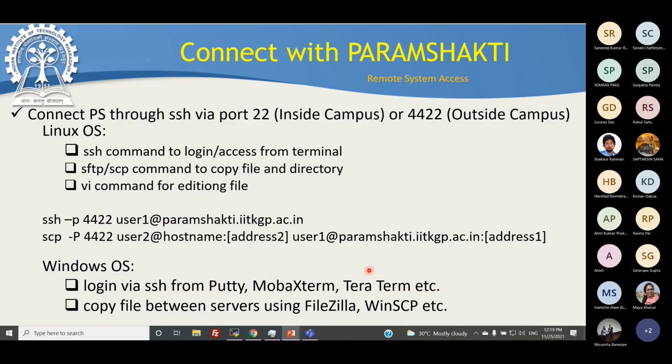One of the books is the concept of the Unix. That book you can get by Sumita Das, which I prefer. That book gives you the idea how to edit any file in the VI editor, SFTP, SCP. There are lots of additional commands related to the Linux system you need to learn. After accessing the Param system, you have to have some basic idea about the Linux system.